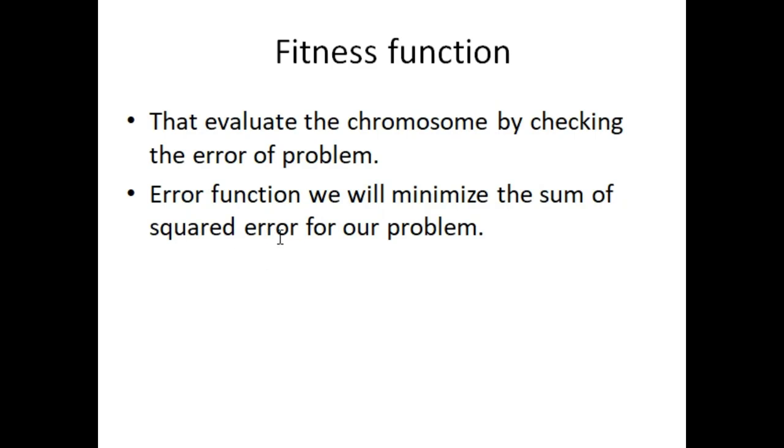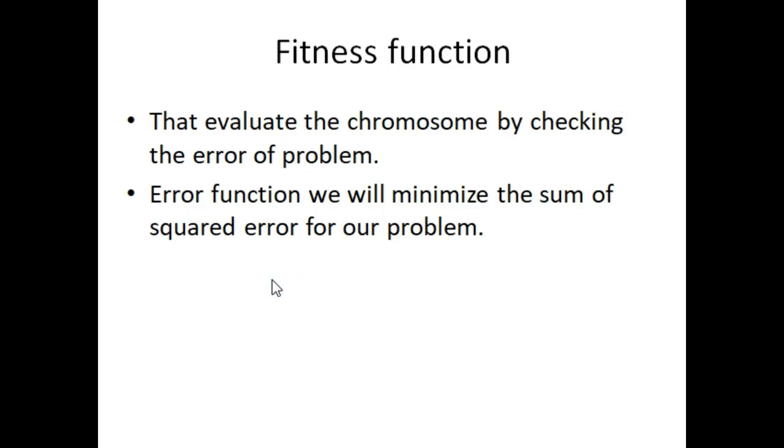So in today's lecture I will discuss a polynomial fitting problem. मैं इसके ऊपर एक लाइन फिट करूंगा एक पॉइंट के ऊपर, then I will make an error function which will be the sum of squared error. मोस्टली जब न्यूरल नेटवर्क की हम बात करेंगे वहाँ पे भी हम सम स्क्वायर्ड एरर बनाएंगे। सो सम ऑफ स्क्वायर्ड एरर आई विल मिनिमाइज दिस एरर फंक्शन। सो मोस्टली हम क्या करते हैं, इसी फंक्शन को बना के उसको मिनिमाइज हम करने की कोशिश करते हैं।